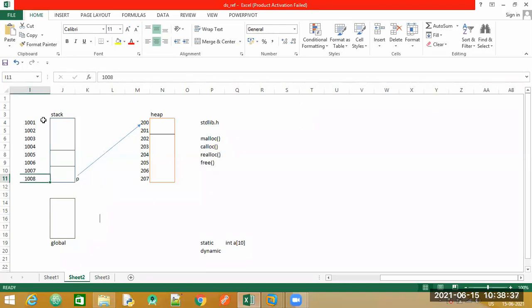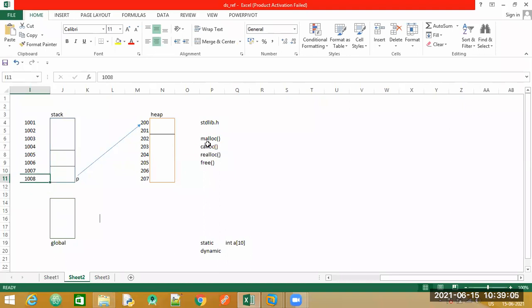This is the memory address. P is stored here. I have not assigned any value. If some value would be assigned, it would be like this. So what is the address of P now? Have a look here. It is going to be 1008, of type integer, so 1008, and the bottom section 1009. So this is the address of P.